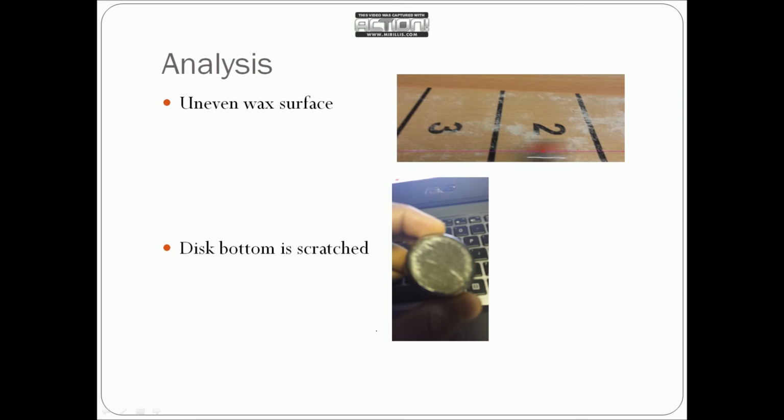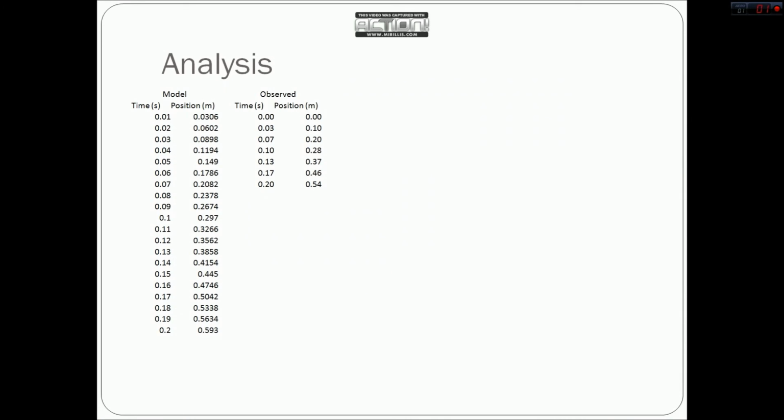It is also worth noting that we only had 7 data points for our observed data versus 19 points for our analysis model. More points for our observed data would have given us a larger view of the accuracy of our model. Overall, to make this experiment better, a newer disk